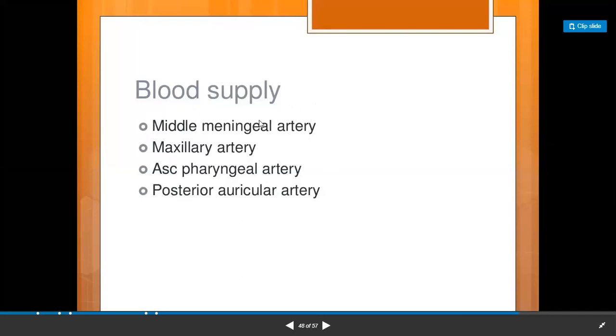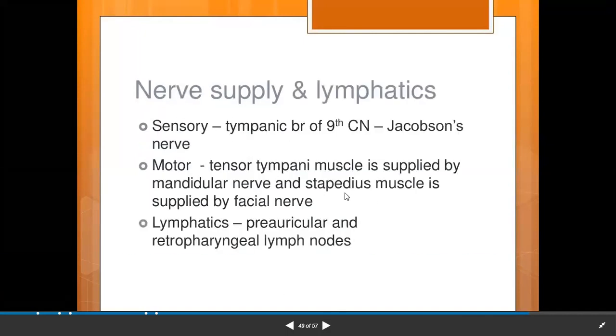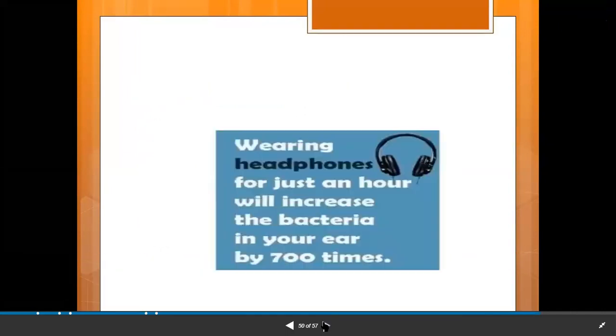The blood supply of the middle ear comes from the middle meningeal artery, maxillary artery, ascending pharyngeal artery, and posterior auricular artery. Nerve supply: sensory is the tympanic branch of the ninth cranial nerve. It's also called Jacobson's nerve, that is the glossopharyngeal. Motor: tensor tympani is supplied by the mandibular division and stapedius is supplied by the facial nerve, and we have seen the lymphatic